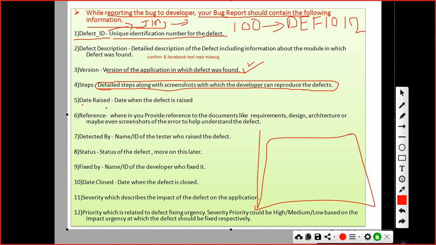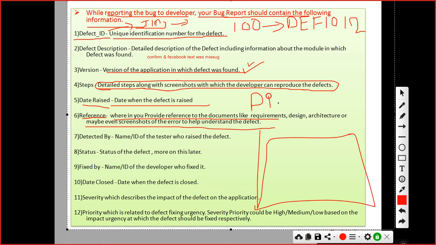The date, you will get when you have raised the defect. You also have some references, where you provide a reference to the document, like what happened. You can attach a screenshot with the reference, right? A design architecture, a screenshot or an error helps to understand the defect. Why should we give this reference to the developer?